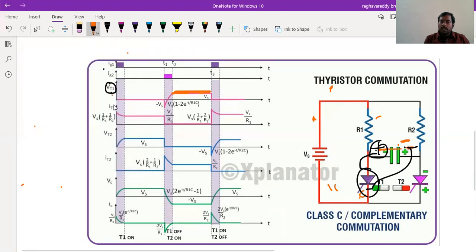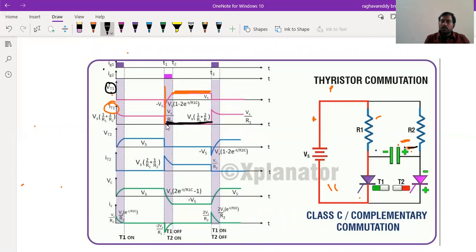Now, current through the thyristor T1. Look at this one. Immediately a gate pulse is given to the thyristor T2, so T1 will be turned off. If T1 is turned off, what will happen? No current through the thyristor T1, because this is the zero axis, so no current passes through the thyristor T1 up to this point.